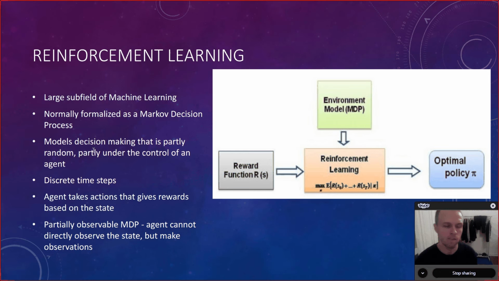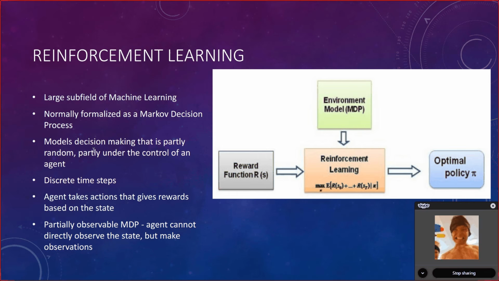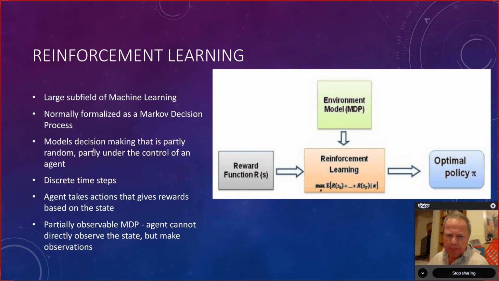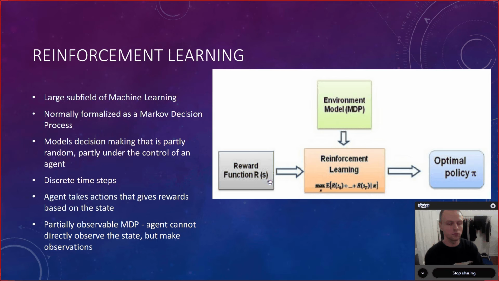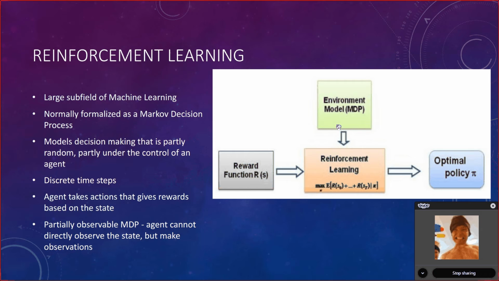So the agent takes some actions in one discrete time step at a time, and based on the steps he makes, he gets some rewards. And the closer the agent is to an optimal policy, the more rewards it gets. So the hope is that the agent will, in the end, converge towards an optimal policy. You can see in the picture here that you have a model of the environment, this Markov decision process, and you enter a reward function. You use some algorithms down here, and what you get is an optimal policy here called pi.